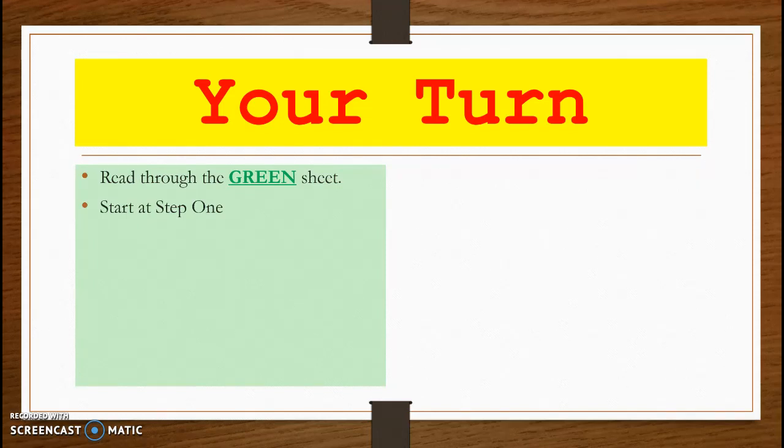Now, if there is absolutely nothing on that list, just go with it for right now, and there'll be an opportunity for you to choose your own topic. You may not want to, because you'll have to do some extra work gathering resources, but I'm open to that idea. And then after you're finished with step 1, you go ahead and get a Chromebook. You won't need the Chromebook until you get to the blue sheet, but what the heck, might as well get a Chromebook. And then you go ahead to step 2.